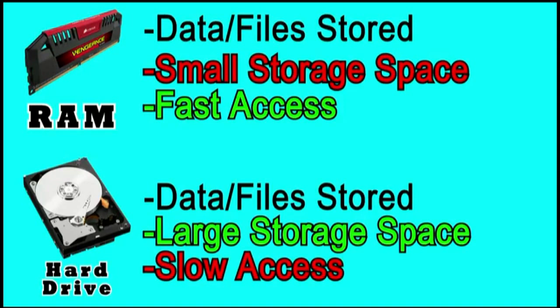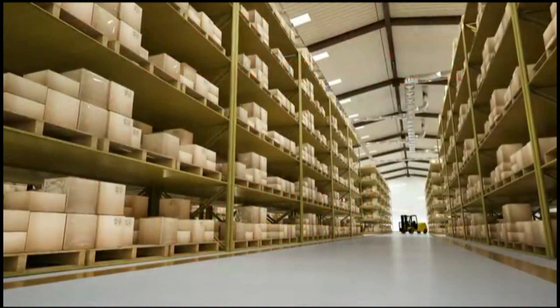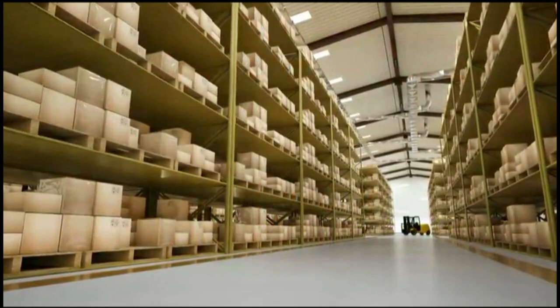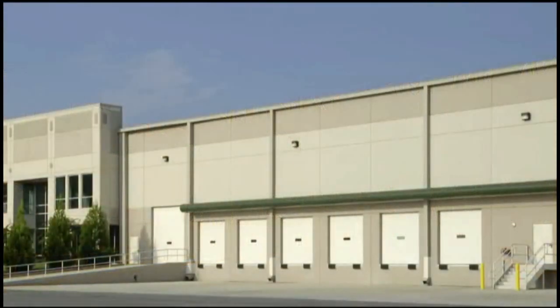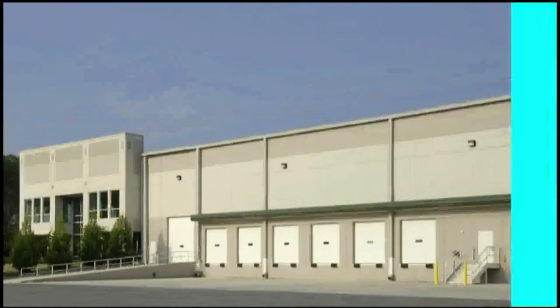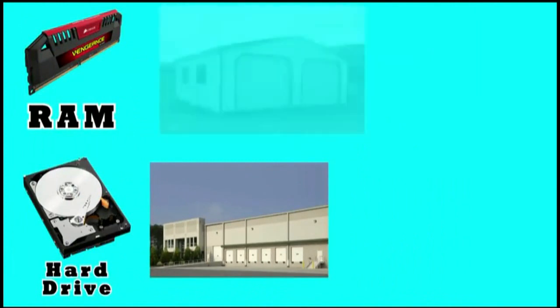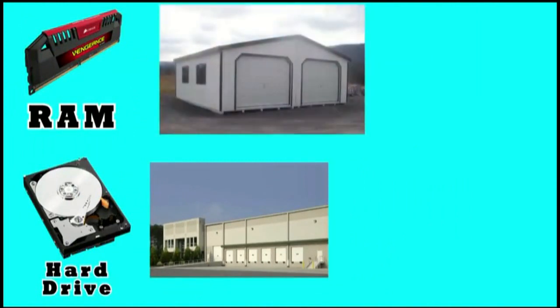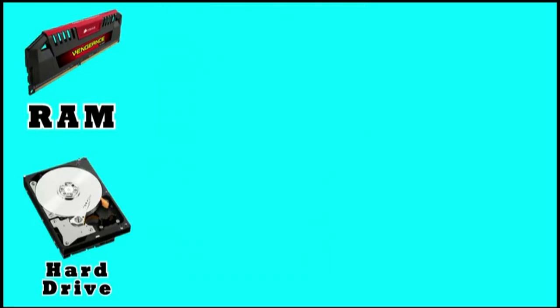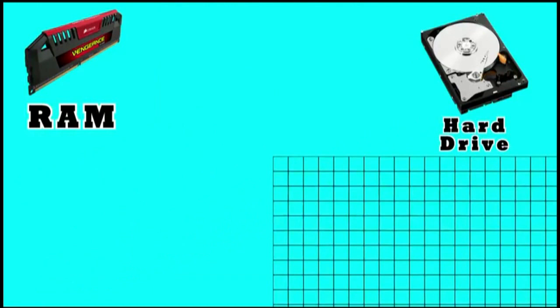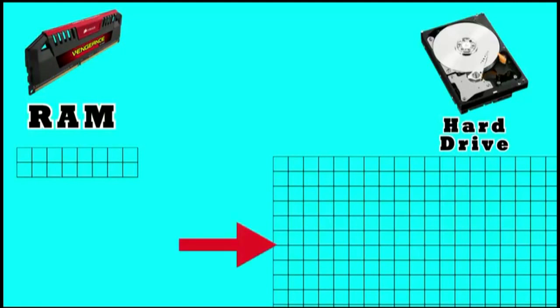Now to understand the concept about RAM and hard disk, we just take an example of a mass warehouse. It is very difficult and time consuming to find a household thing from this mass warehouse. Now, if we separate household things from this warehouse into a small hall, what will happen? We will get the specific item very easily and in very less time. Hard disk has more than 1000 gigabytes, whereas RAM capacity is either 8 GB or 16 GB.